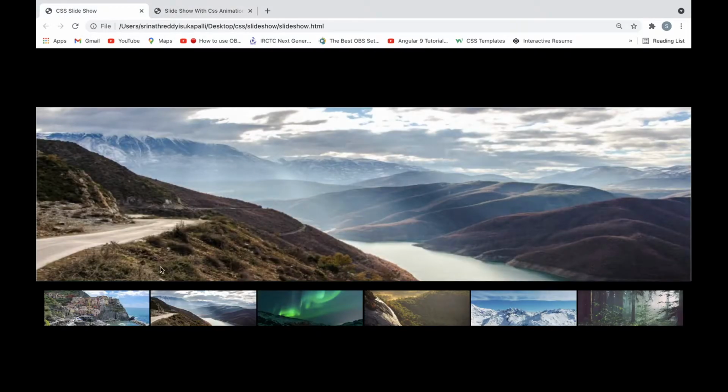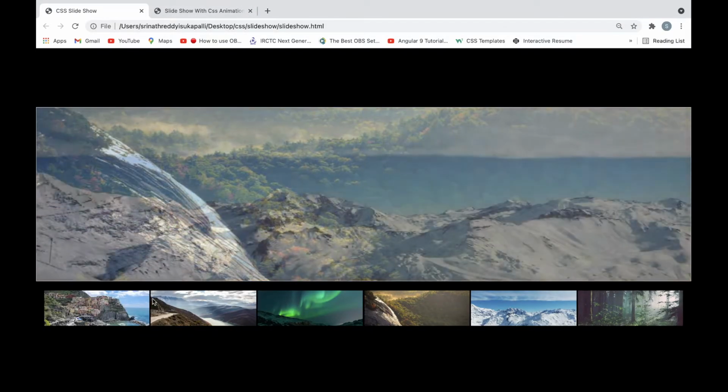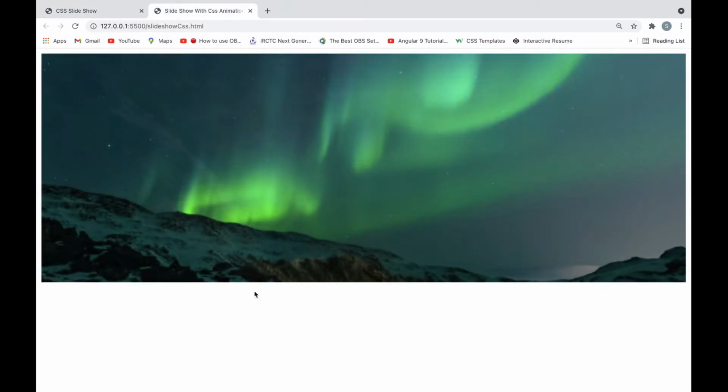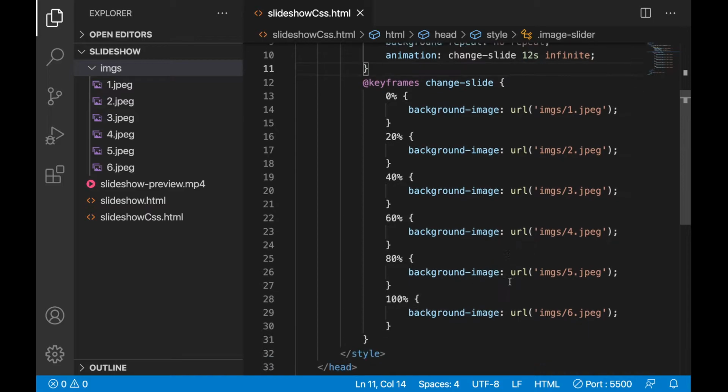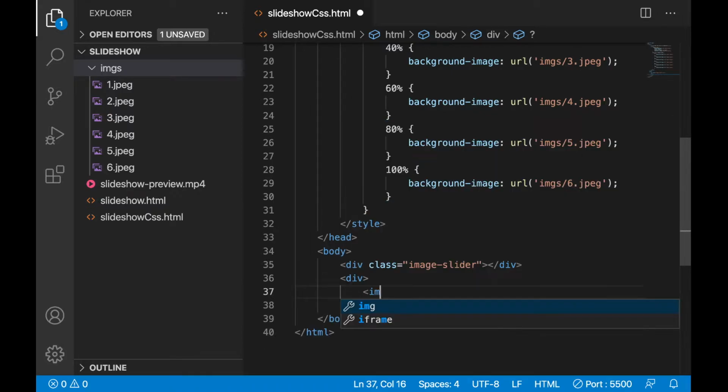Now let's add some preview display thumbnails. This is called a thumbnail. So let's put one div and let's add images here. I want to put images directly here. Images are equal to, and here use some class name for styling purposes: thumbnail.